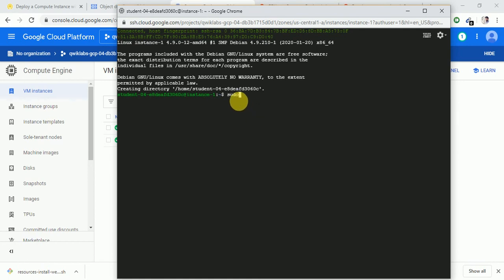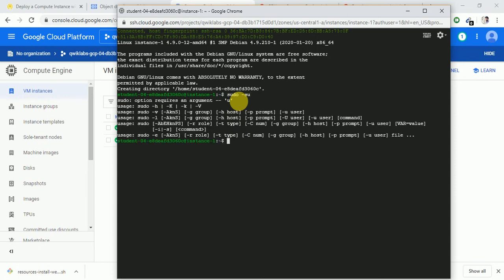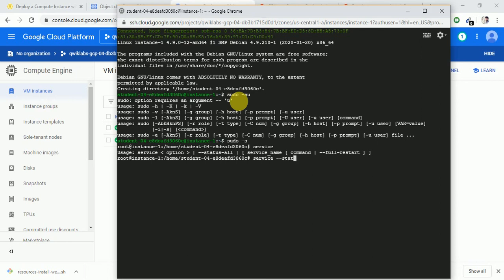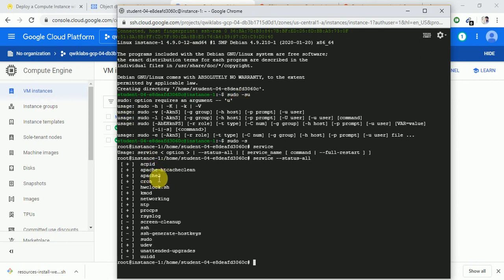So now we should be in root. Okay, now we are in root. Now let us check whether the Apache server has been installed or not. Give service apache2 status. You can see here Apache has been installed.